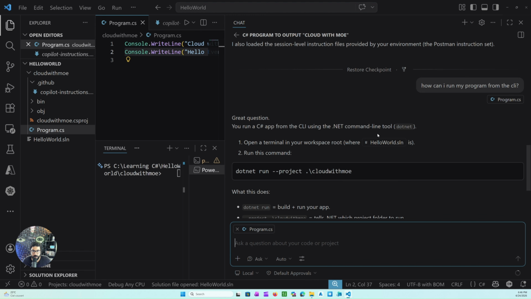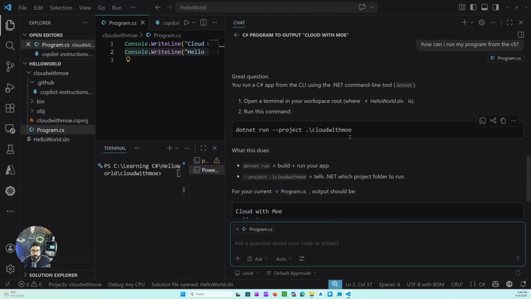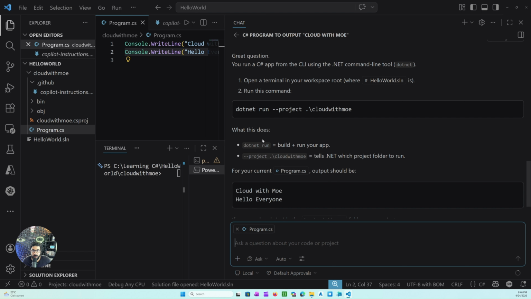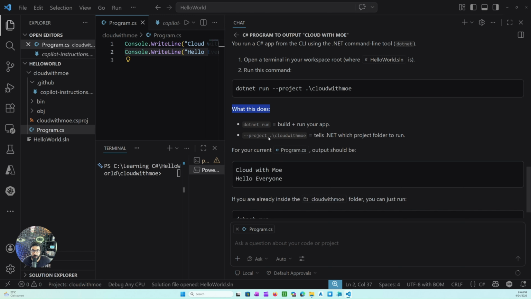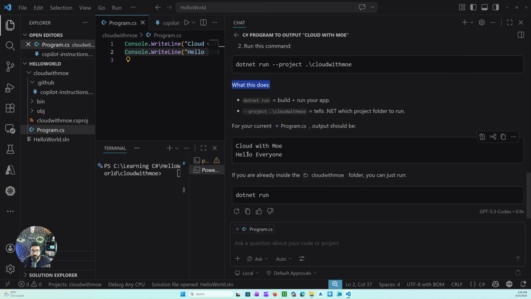it's telling me to open the terminal and write dotnet run --project /cloud with Mo. Now it's explaining that dotnet run equals build plus run your app, and the project path tells .NET which project folder to run, and you should get this output. So how does it know that? Because it's looking at the actual terminal window and Program.cs, and it read your code,